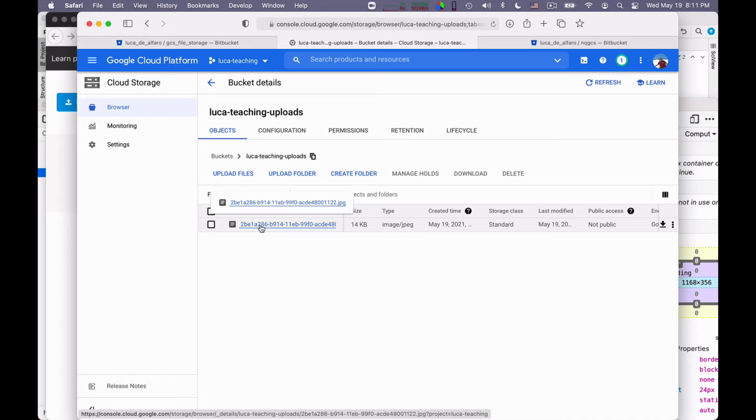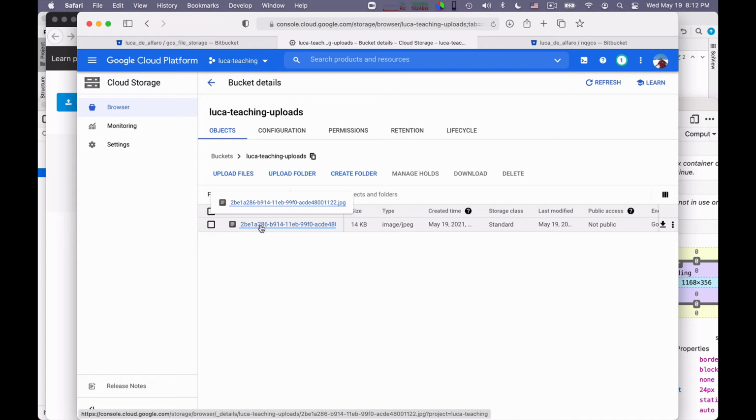Why do I give it a random name, by the way? Because the files that everybody uploads will end up in the same bucket. So I have to give them random names to avoid my rubber duck colliding with your rubber duck or with another person's rubber duck, right? My way to ensure that the file names will be unique in the cloud is to use random names.